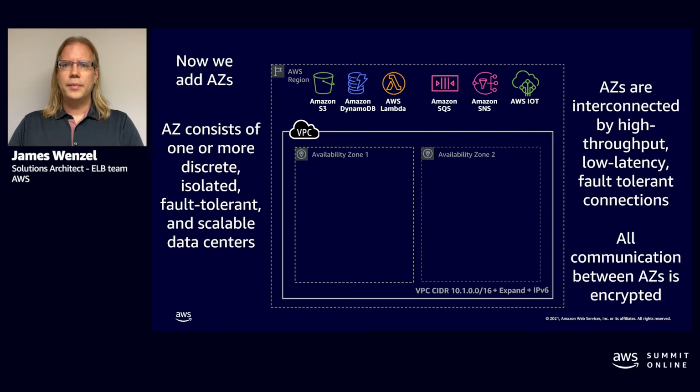After we add the IP addressing block, we want to add our AZs, or our availability zones. The thing to note about AZs is they are actually one or more data centers that are on their own fault planes. They're fault tolerant, they have their own power, so that none of the power is shared. And this is to keep any type of outage from affecting your entire workload within a region. So if we have an AZ failure, then you would still be able to operate on another AZ within the same region. It wouldn't take everything out.